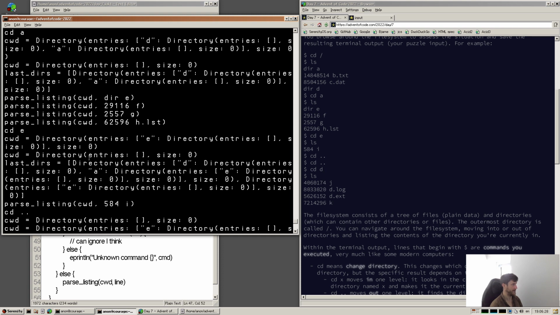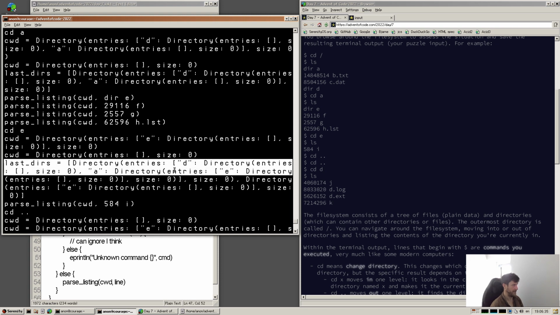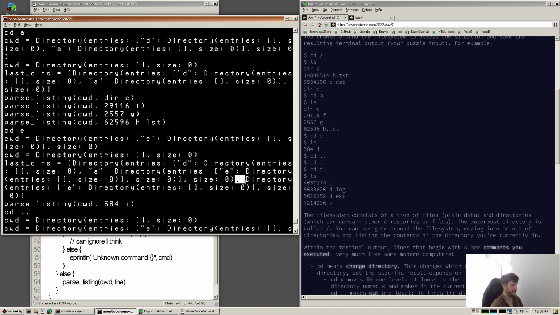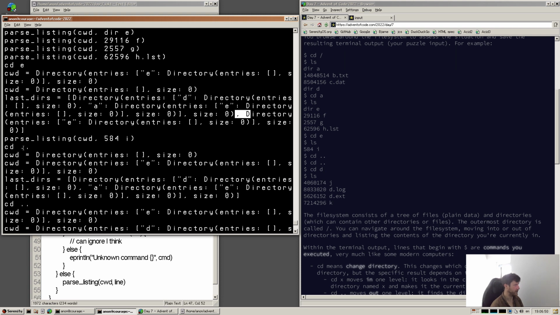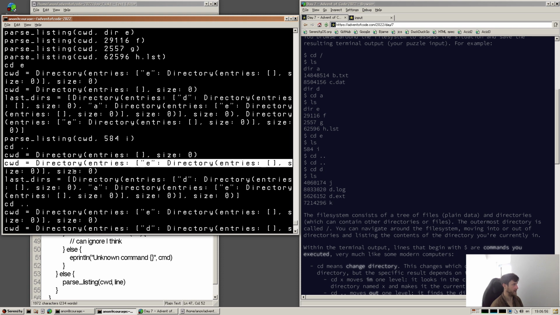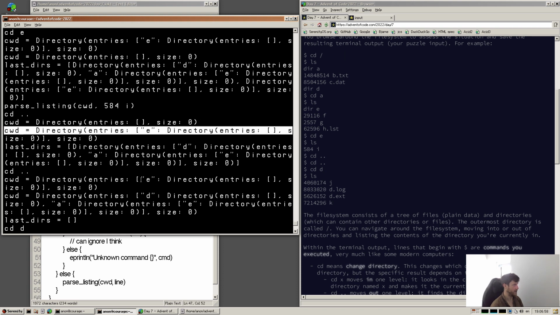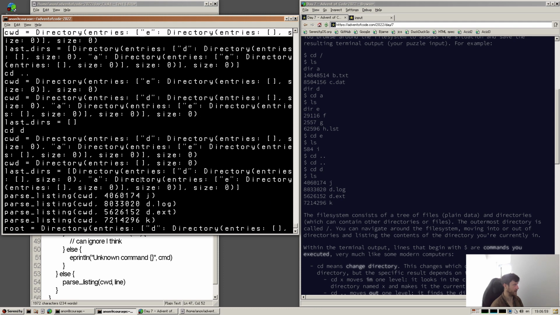So we go into that, and then this last dirs will have the first one. And at some point in these commas, I think it's there. Then we have the second one, and we parse it. And now when we do cd dot dot, we are in this one, but then we should become in that last one, the E. So those dot dots are looking like they're working,